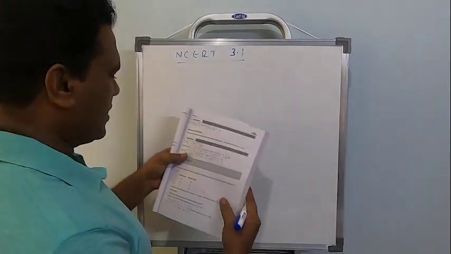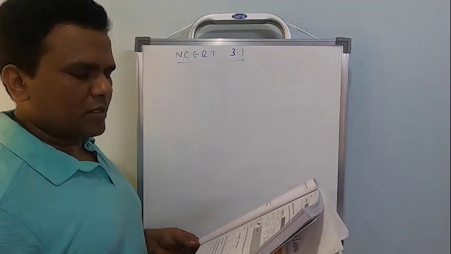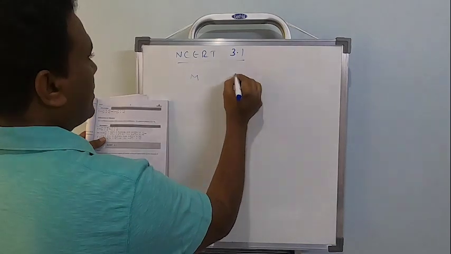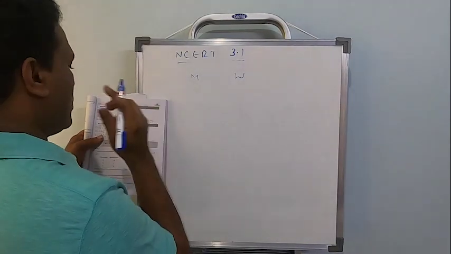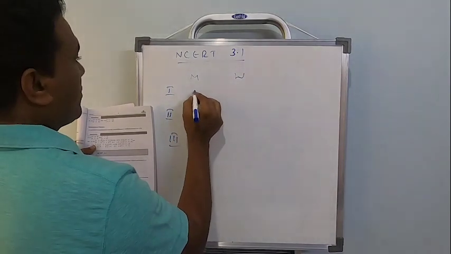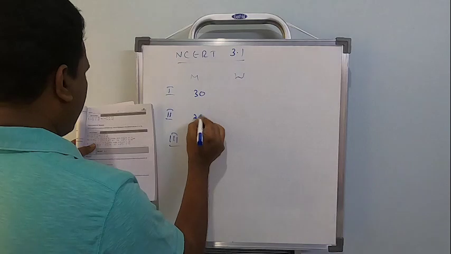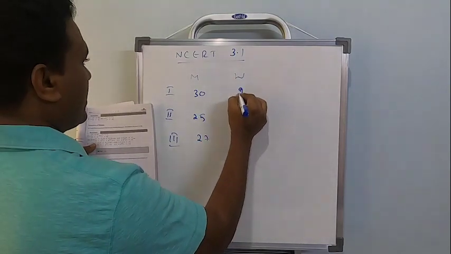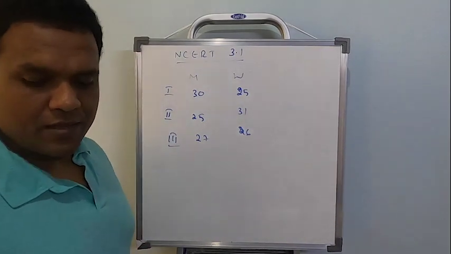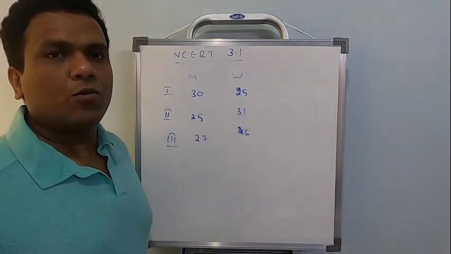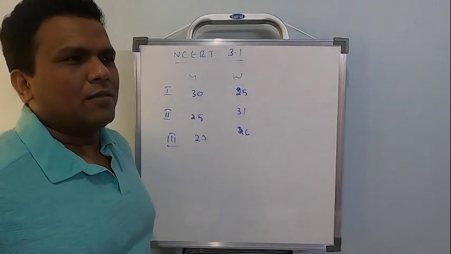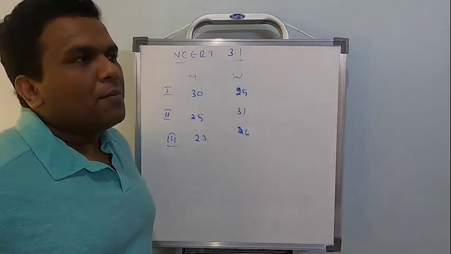They will give you some information, and as you look at it, men and women workers are being mentioned. So the first factory, second factory and the third factory. The number of men workers 30, 25, 27, and women workers 25, 31, 26. That means there are three factories and the number of men workers and women workers of the three factories are being given to us. That is how the application of matrices in day-to-day life actually.